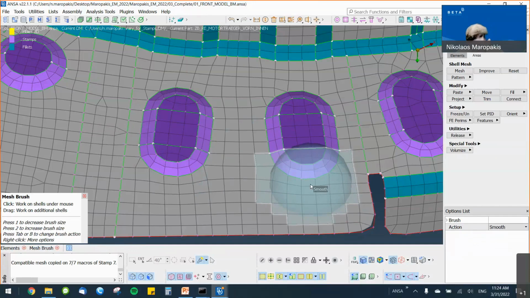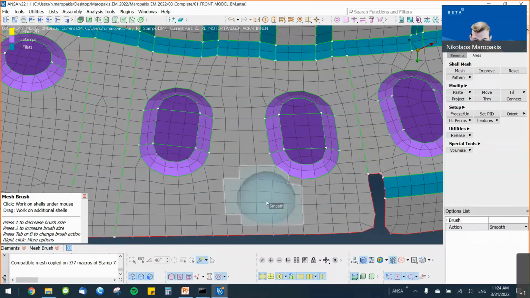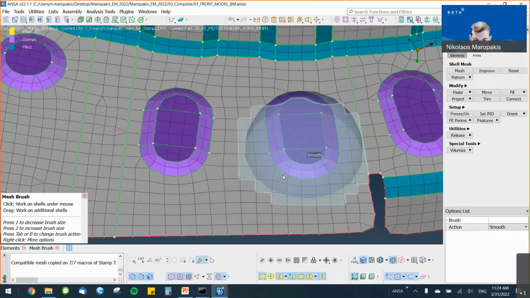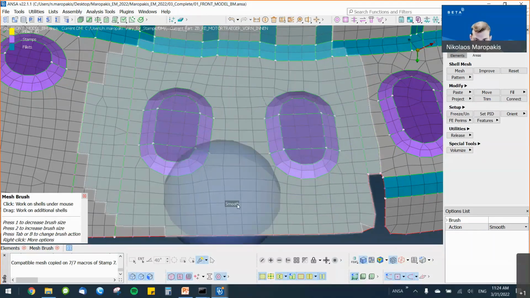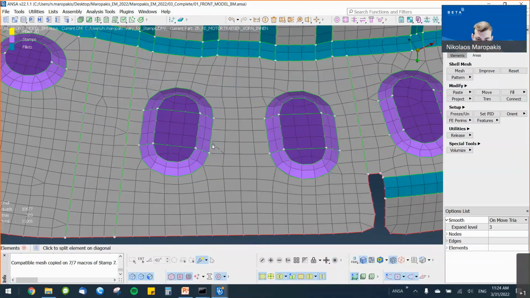Also, I can see here that some nodes are off the perimeter, and I don't like that. I will switch through the function with the tab key. I can see now that I'm on the origin. I will decrease the size a bit. I will apply it here, and now I can see that my nodes came perfectly to this perimeter. I will increase my size now, and I will perform a smooth after I finish to be sure that I have a smooth result. And simple as that, you saw that we fixed an area of the model.